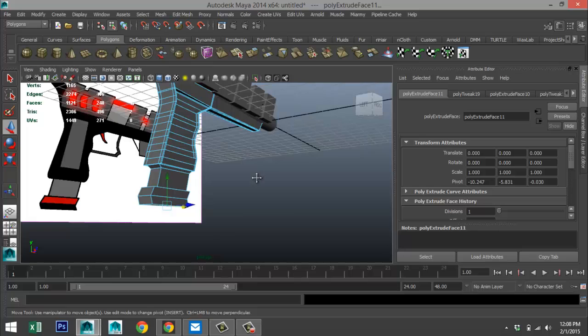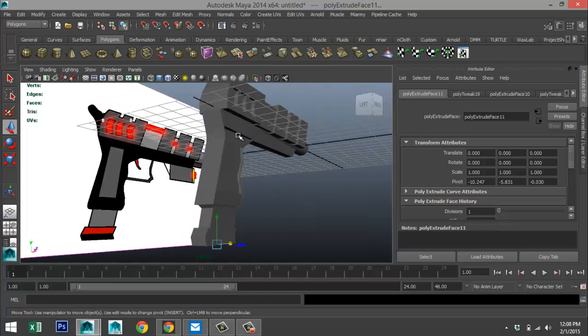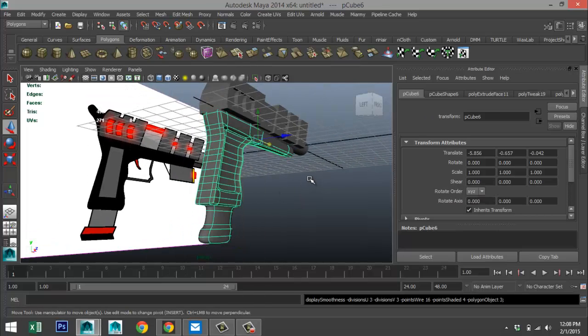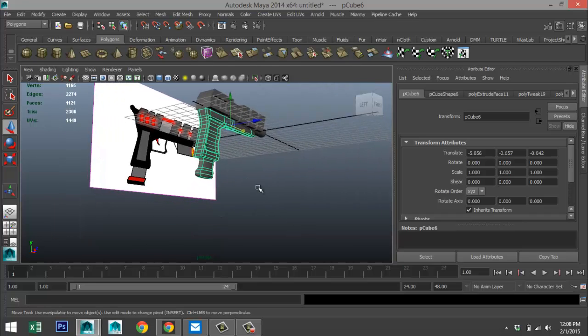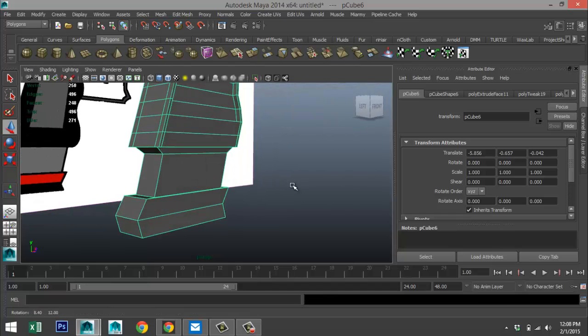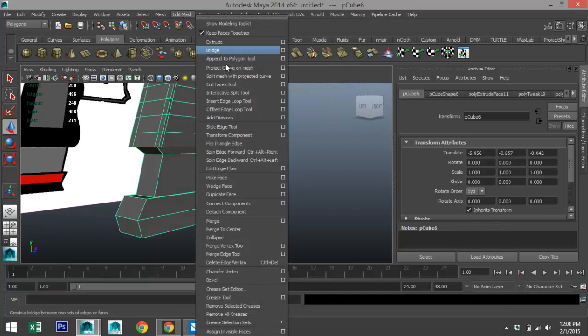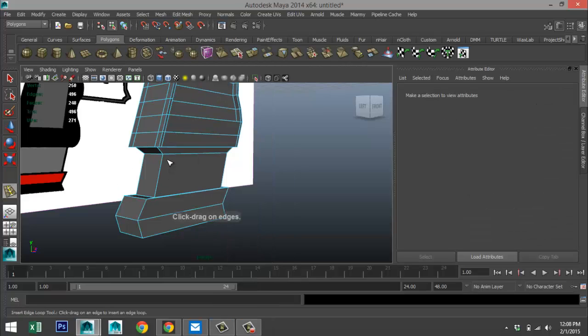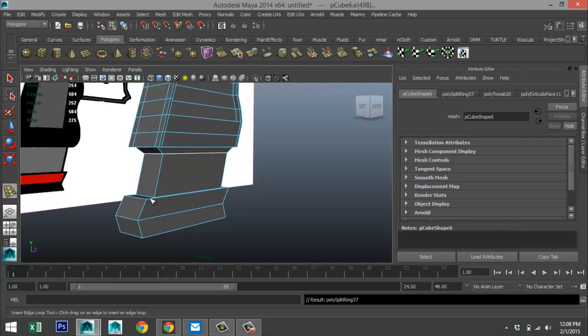Okay. Now if we go to object mode and hit 3 on our keyboard, you can see that the bottom section here is off. So we're going to hit 1. We're going to add some edge loops, edit mesh, insert edge loop tool, and we'll just start to add some edge loops here to kind of maintain that shape.